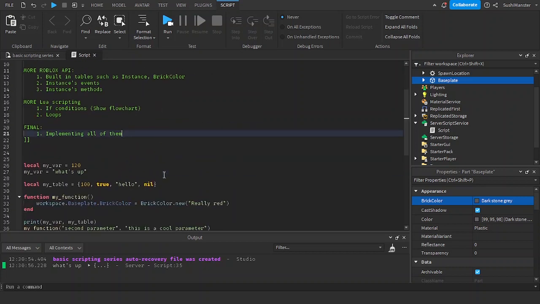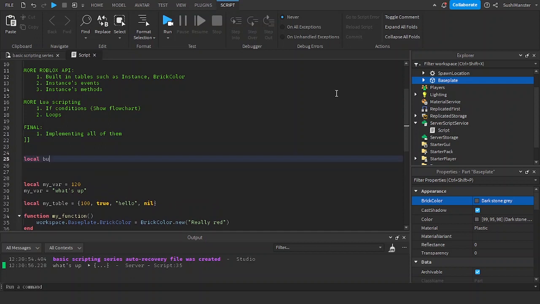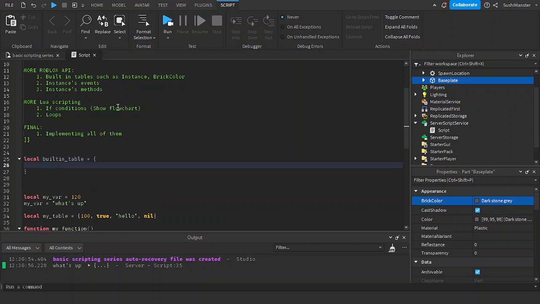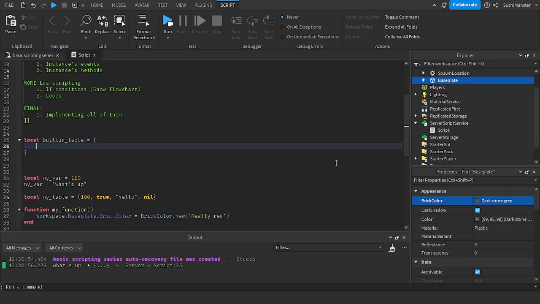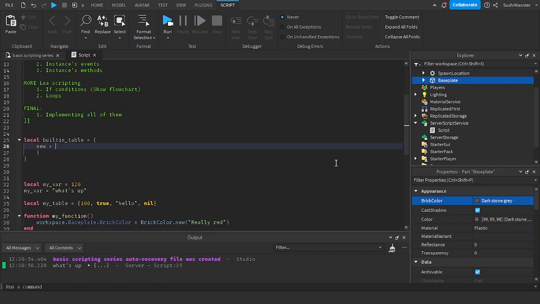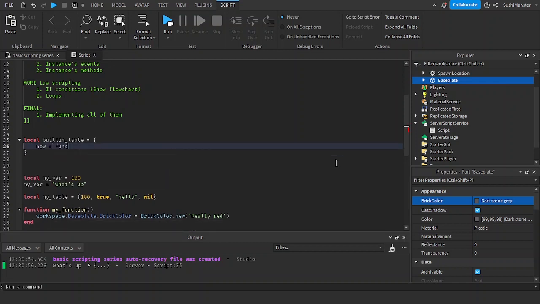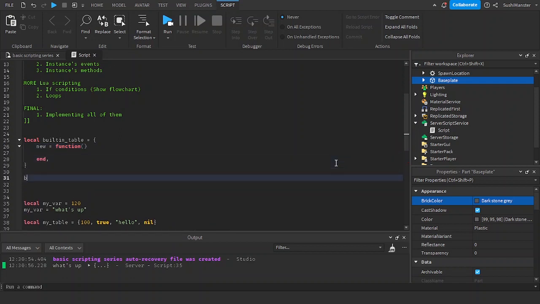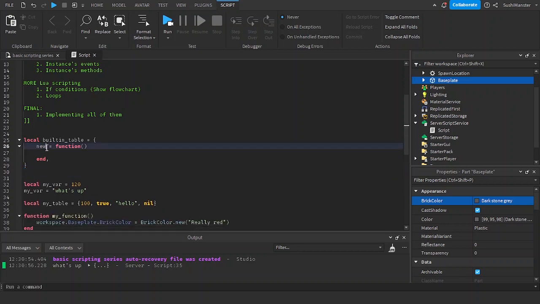So it'll look something like this. Built-in table. Let's imagine this is BrickColor, and let's imagine there's no function. New, something like this, and the function. There we go. So you do built-in table.new. Same, right? You might be wondering, what's this? What's new? Well, for tables,